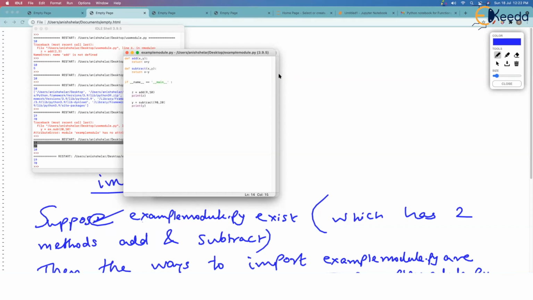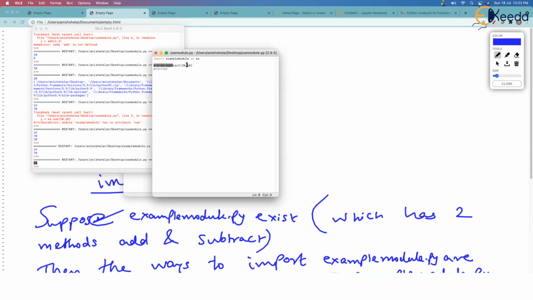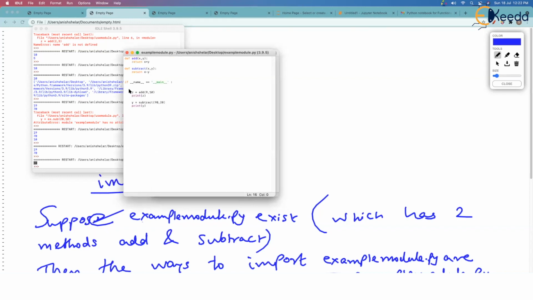But what if we are in the use module where we are importing example_module and we are just calling subtract? Now if I run this file where I am importing example_module, notice that this code will not run. Previously the entire code was running. But because I have now put a gate in the form of if, this code will not run. So if I now run this, you will see it will print only 10. See the output of this code, only 10, which proves that only my code was executed and not the code written inside this if.